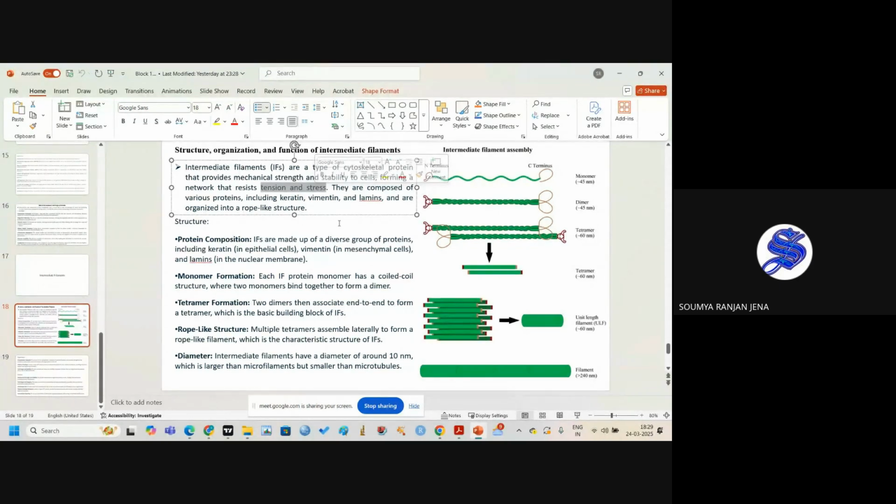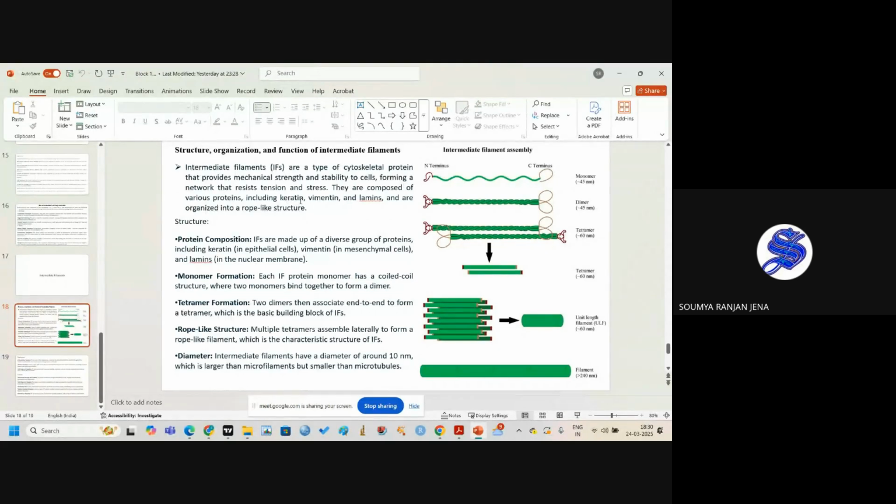This gives resistance to tension and stress. During tension or stress, these intermediate filaments will help to maintain the cell, and they are composed of